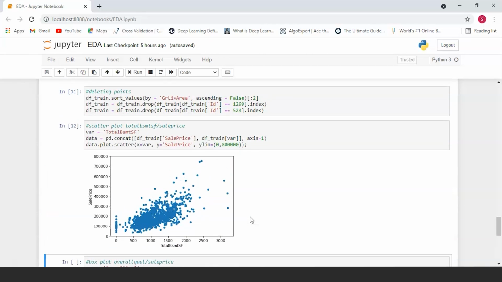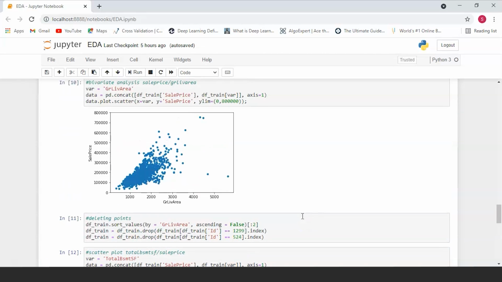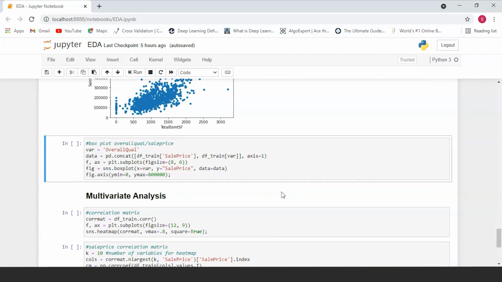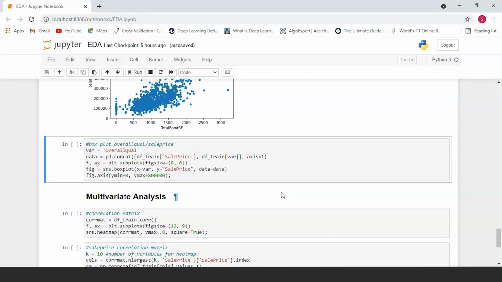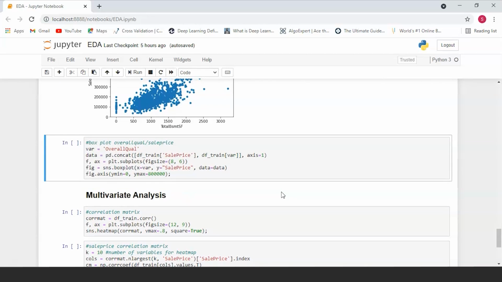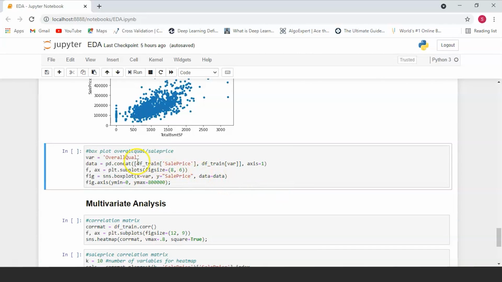So far, all of these values that you've looked at were all numerical values. The sales price had numerical values as well as the basement surface area. The living area values were also numerical, and the sales price that we were comparing it with was numerical as well. But what do we do when we have to plot categorical values against numeric values? So over here, we're going to be taking a look at the overall QoL versus the sales price. We're going to plot this in the form of box plots to see how they correspond to each other.